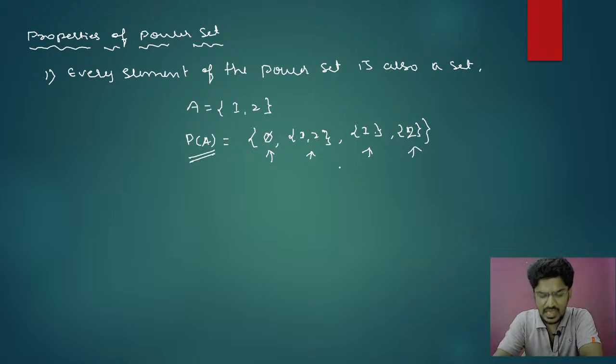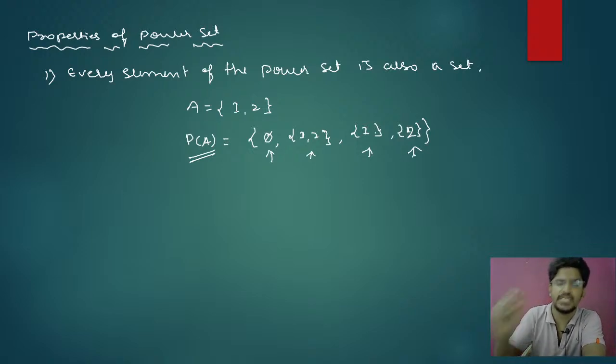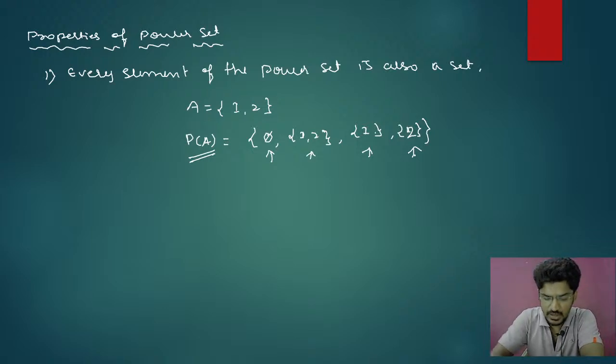Each and every element of a power set is also again a set. Clear? That means you can just see here in this example, each and every element is also a set. Clear? Okay. Next we can go for